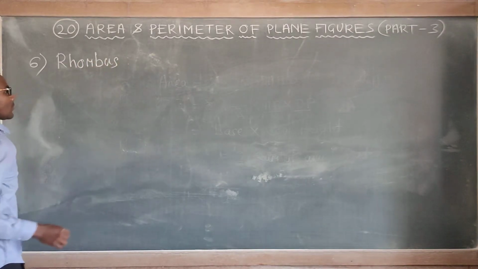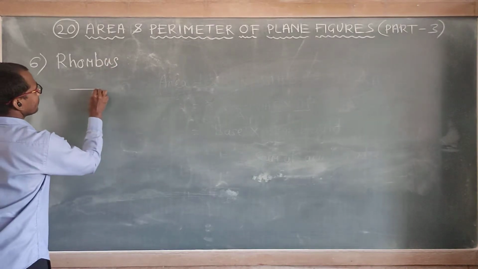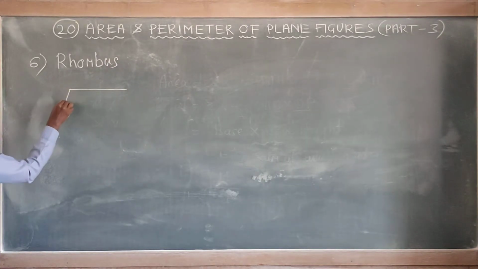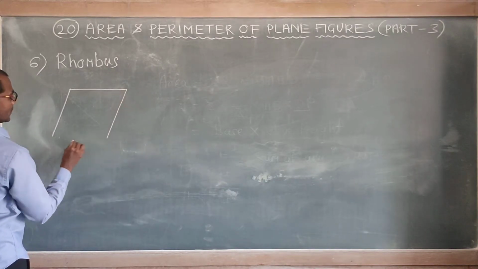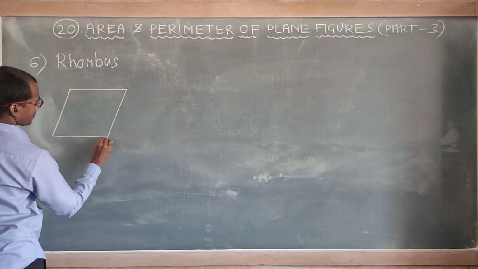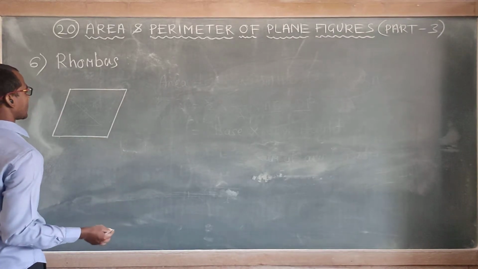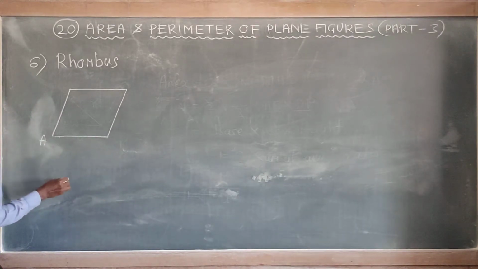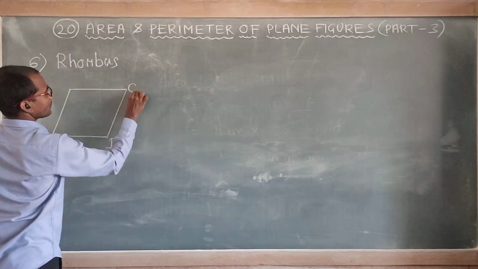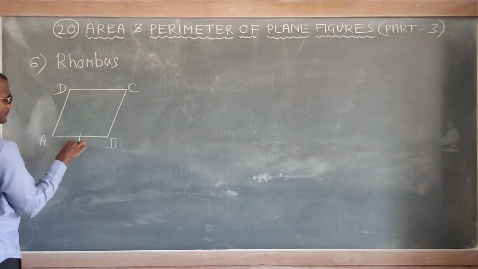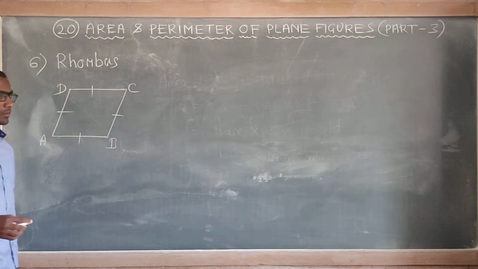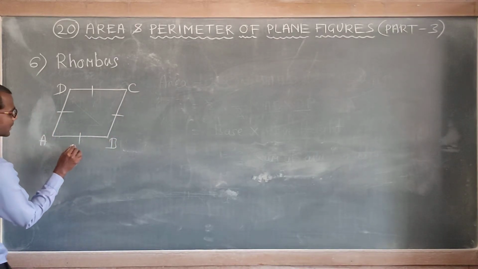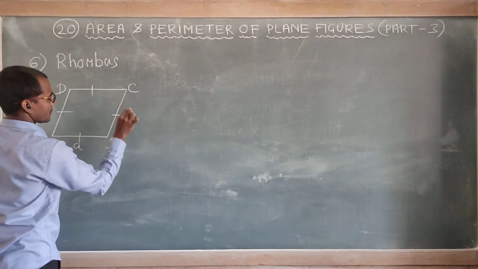Rhombus. Okay. A rhombus is a special type of parallelogram in which all the sides are equal, or adjacent sides are equal. A, B, C, D, all the sides are equal. This is a rhombus. If each side is A, suppose,